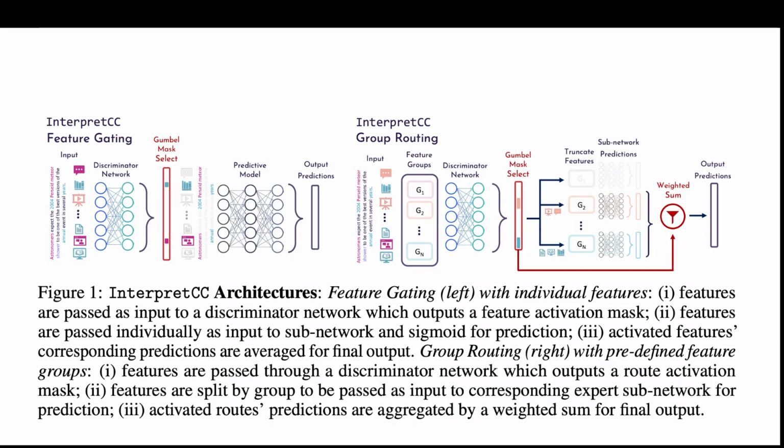Sounds great. So let's talk first about feature gating versus group routing. Feature gating is basically the easiest way, right? The one that involves the least human effort, the most similar to a normal architecture. What happens is that you have a set of features, and maybe these features are distributed over a time series or tabular data, or you have text data or something like this. But for simplicity, let's say we're taking a tabular data set with a set of features.